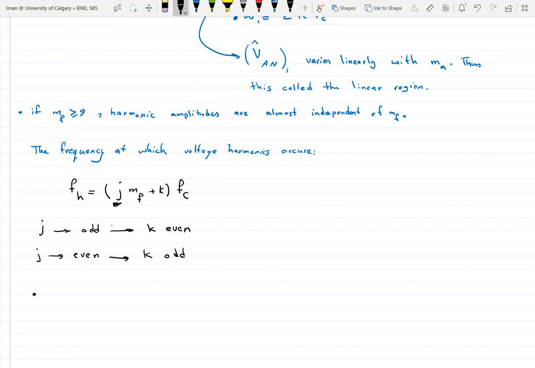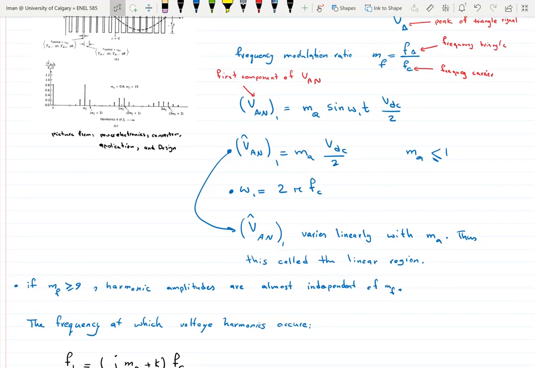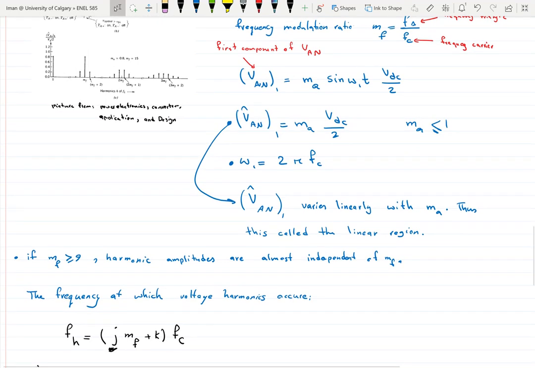Okay, and another interesting thing is that if mf is chosen as an odd integer... so if I have an odd integer as mf, so let's say if I had mf equals 7, and then at harmonic 7 I would have a value,